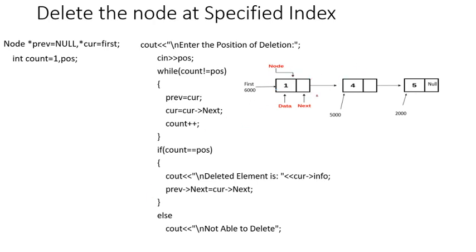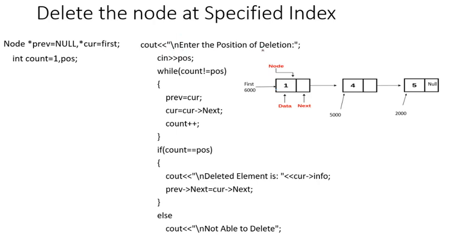This is my first node, second node, and third node in the list. So if I want to delete the second node, again we have made use of the concept of two pointers. Current is pointing to the current node, whereas prev is pointing to the previous node of the current. So prev is initialized to null, current is initialized to first, count is initialized to 1, and in pos we are accepting the index of the node which we want to delete.